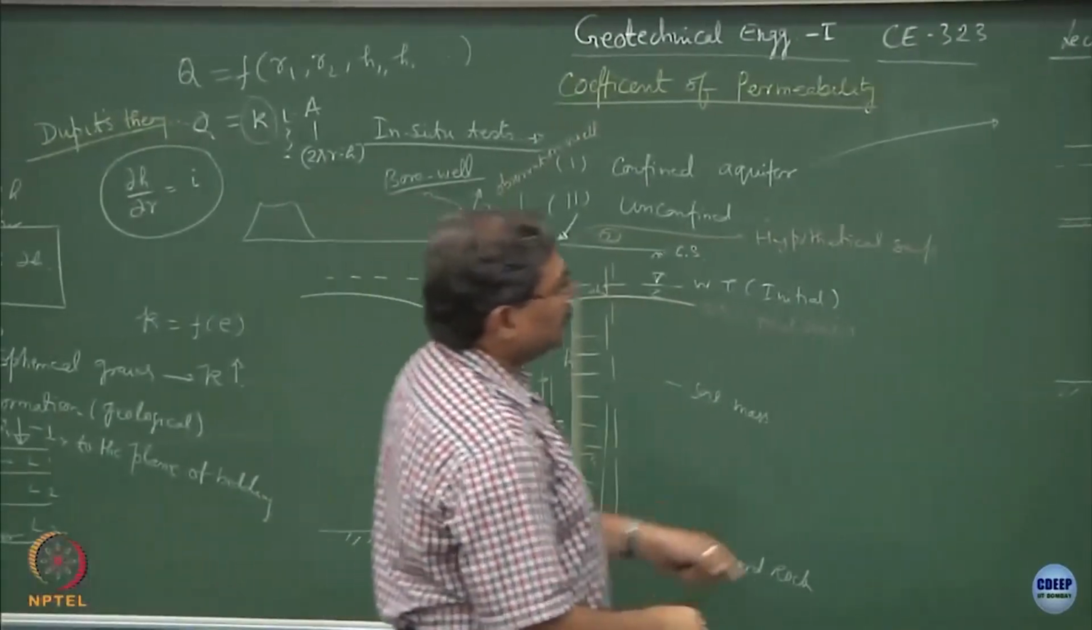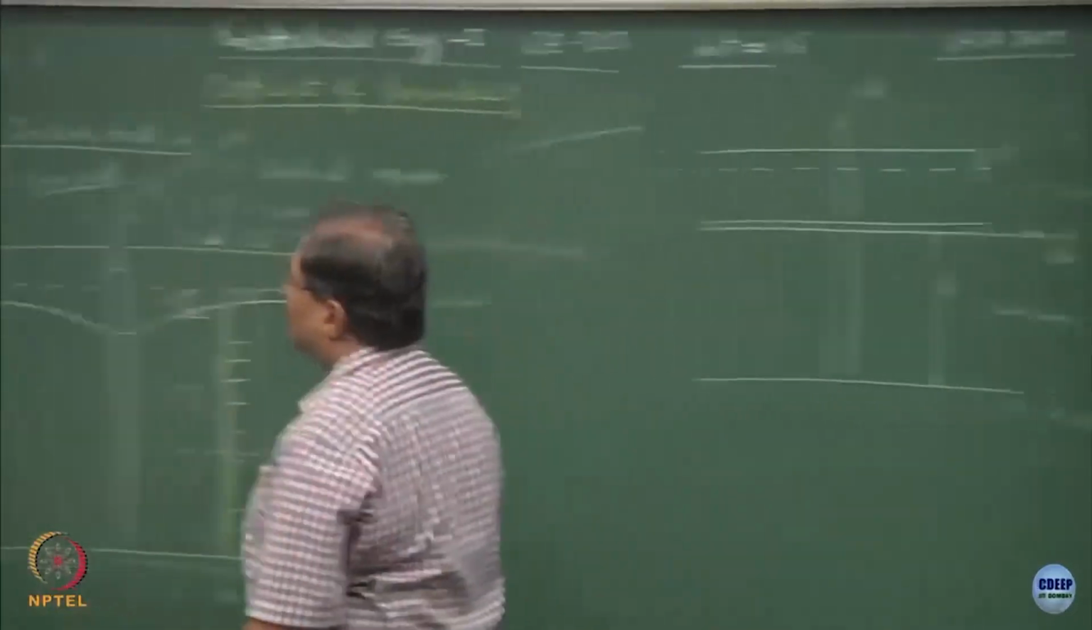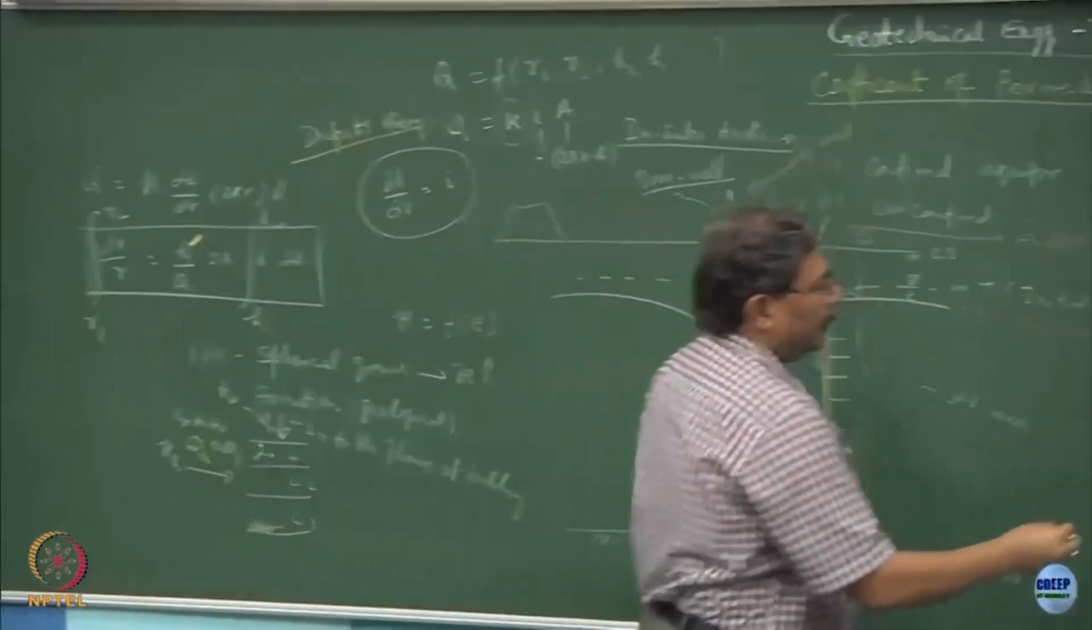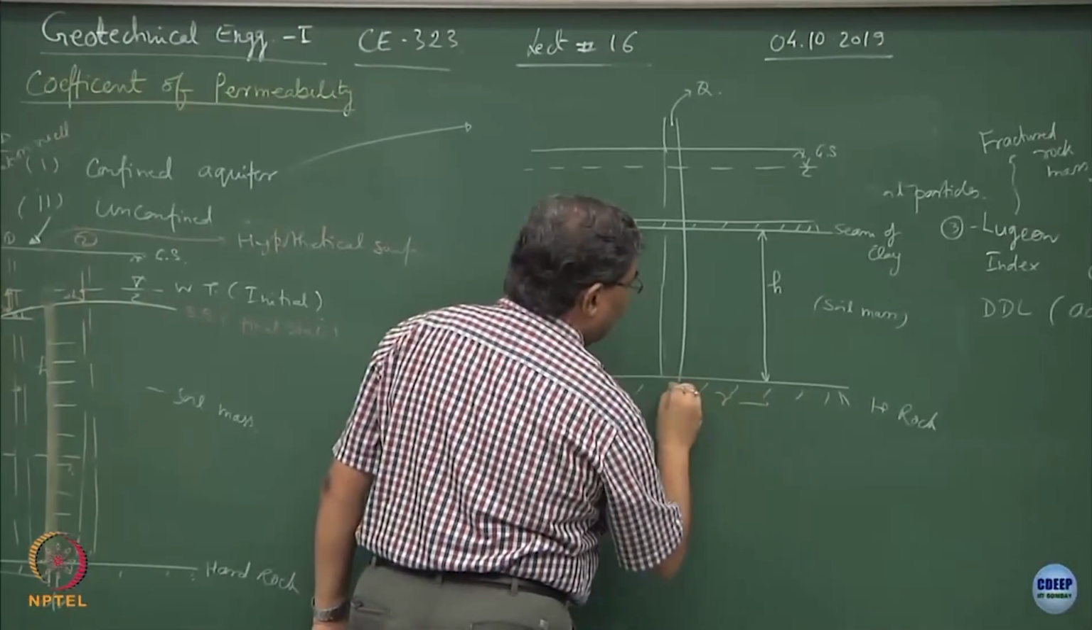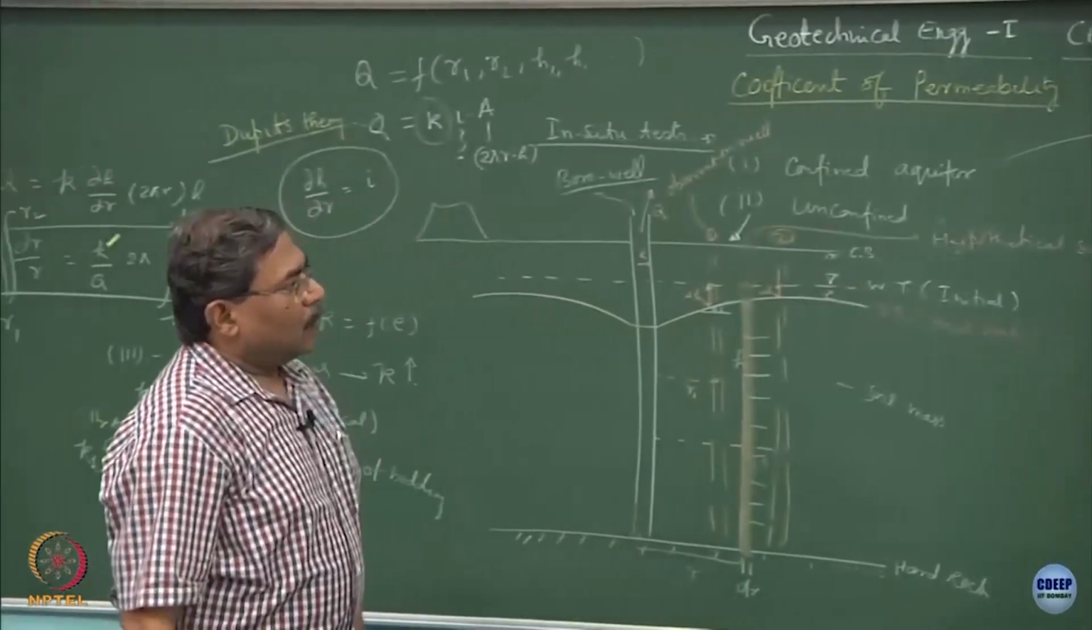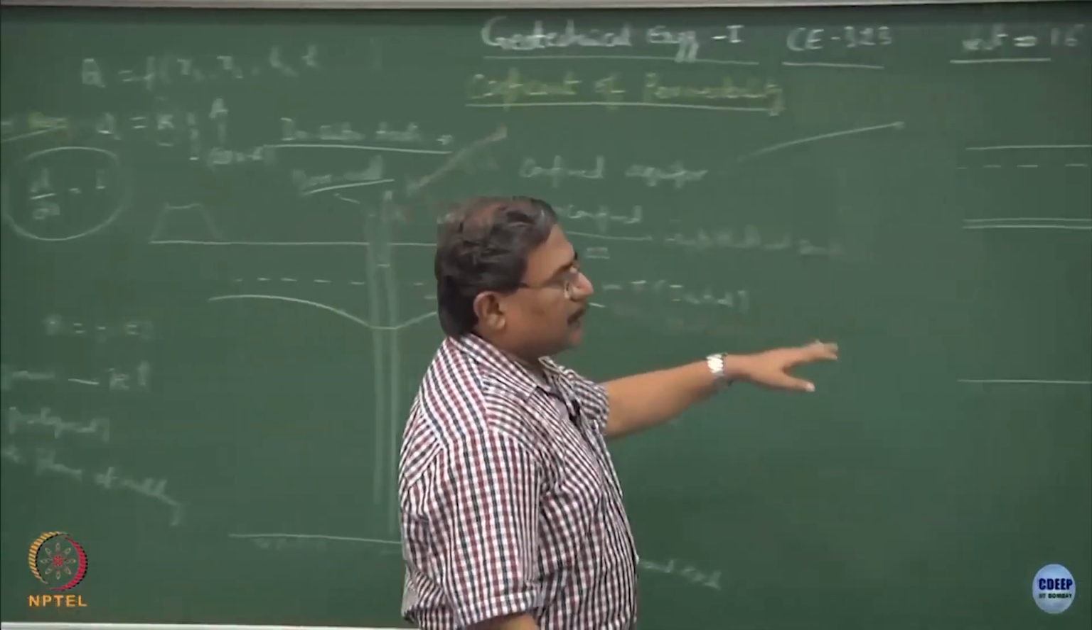So, if you solve this expression, what is going to happen here? Your area term will be, if I take it as a distance of r, 2 pi r into h, and h remains constant. Now, we are going to use these concepts quite a lot in